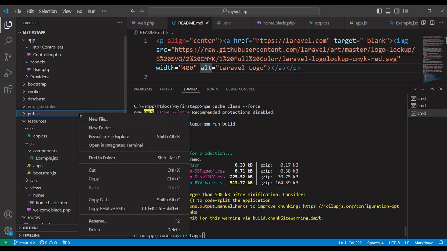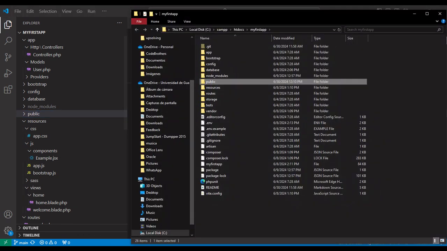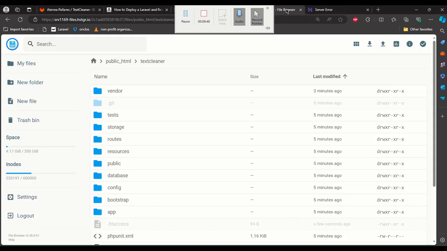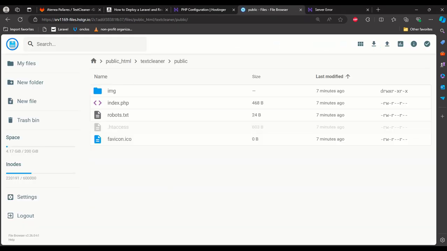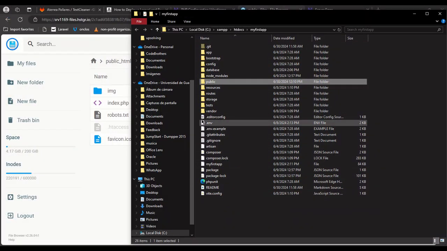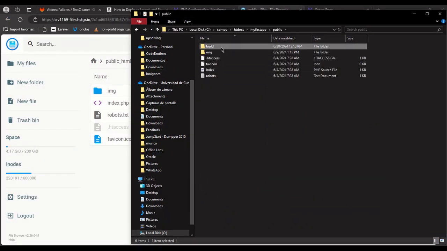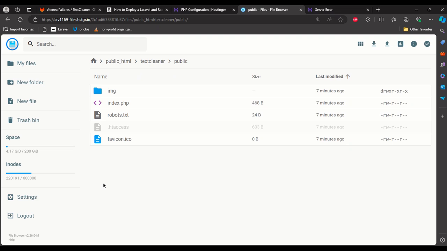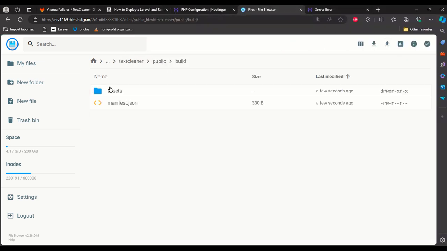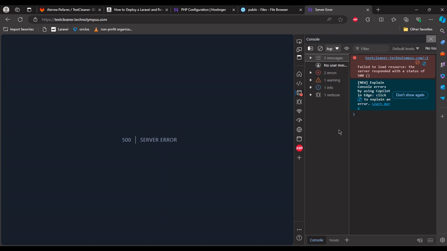So it created the build folder, and we're going to copy this in the files. So we go to public and we paste this folder. So we are going to copy and paste this build folder. So it already uploaded, and then we're just going to reload. And this server error, we haven't set the env,